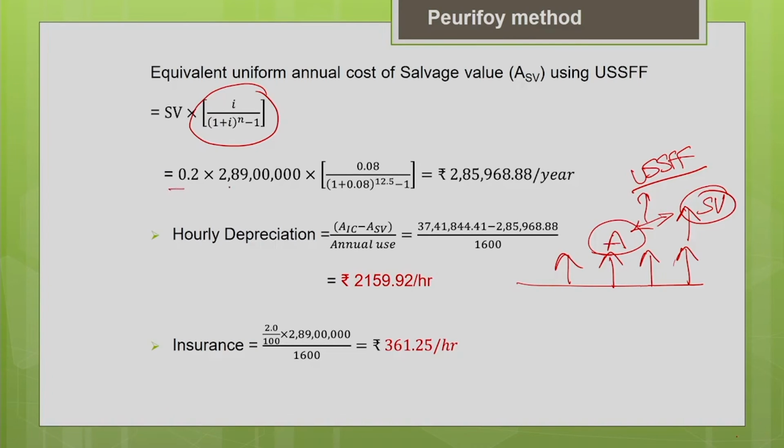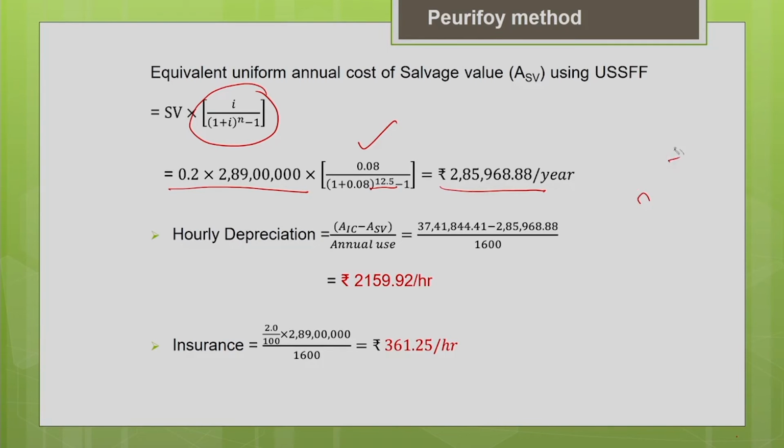Salvage value is 20% of the initial cost minus the tire cost. So now you substitute the values, the interest rate and the useful life of the machine, n equal to 12.5. You will get the annualized salvage value as 2,85,968.88 per year. Now you can calculate the hourly depreciation. Hourly depreciation is the difference between the initial cost and the salvage value, which you divide by the annual use of the machine in hours,